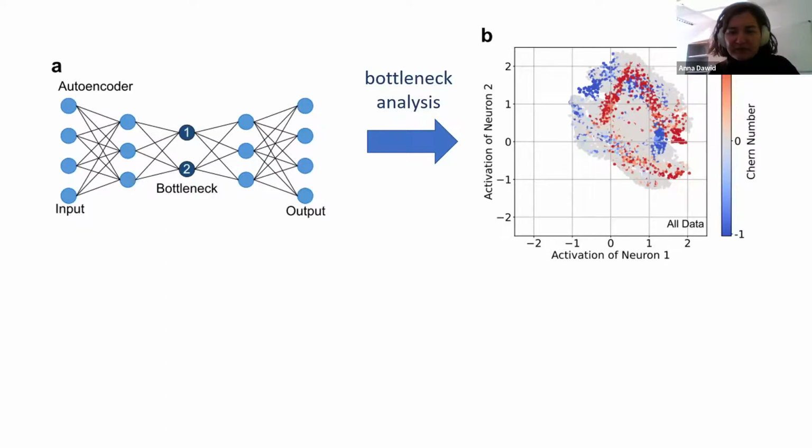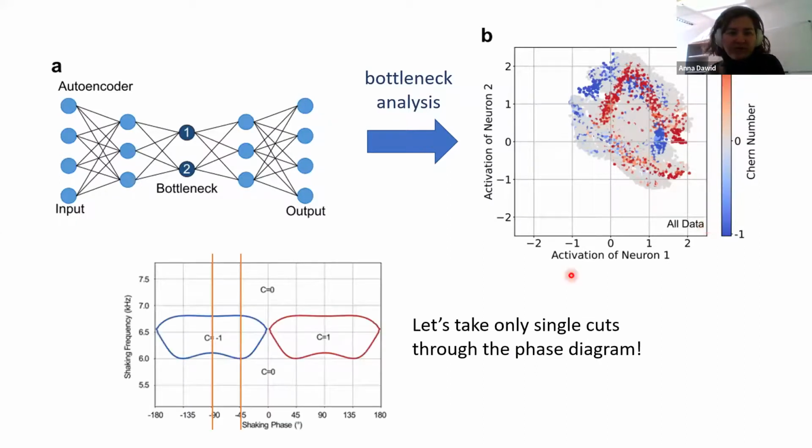And what is even worse, we plotted the data according to the known Chern number. As I told you, this is proof of concept, so we were cheating sometimes, trying to understand why it's failing. And there is no sensible clustering of data according to the Chern number. So to understand it better, instead of feeding the whole phase diagram, now we're analyzing cuts of the phase diagram with separate autoencoders to try to understand what's confusing the machine. This was our question, because now we know this approach is not working, but why.